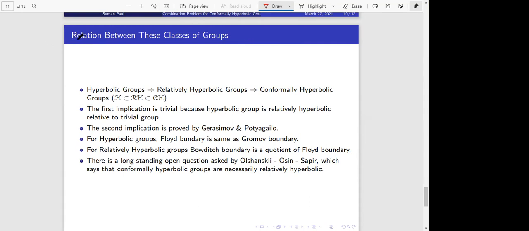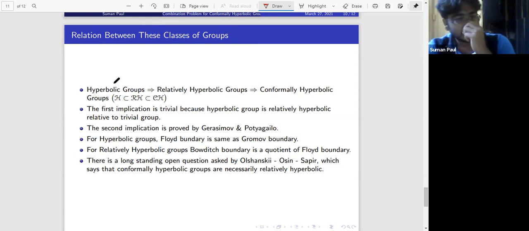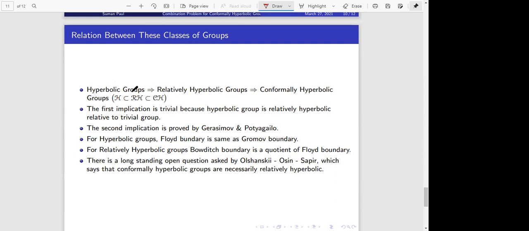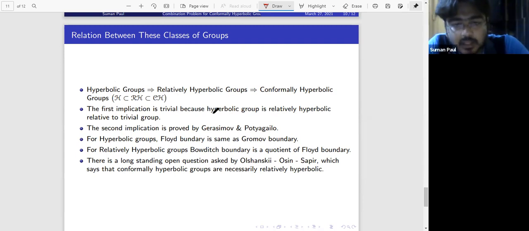So this is the relation between these classes. Basically it says any hyperbolic group is a relatively hyperbolic group. That is trivial, because a hyperbolic group is relatively hyperbolic relative to the trivial group. If I take H to be generated by the identity, then the group will be a relatively hyperbolic group. And this implication has been proved by Gerasimov and Potyagailo, in that they also constructed, not constructed, it is